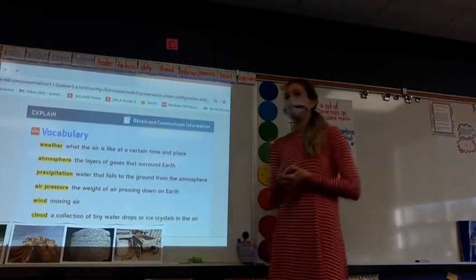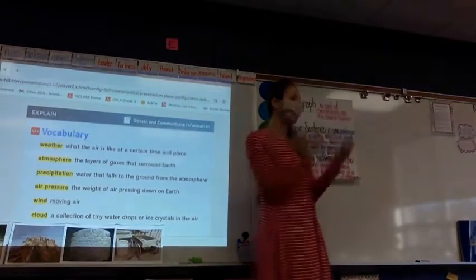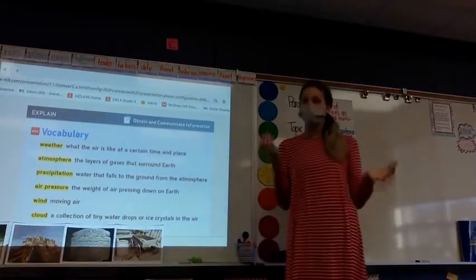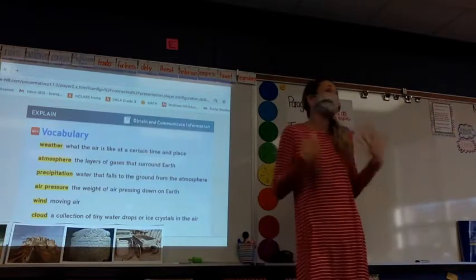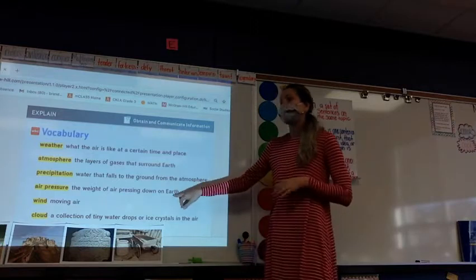You might have a mixture of them and have sleet. You might have rain being that precipitation. We'll talk about different types of precipitation, but is that something you're pretty familiar with? At least different examples of different types of precipitation? Okay.